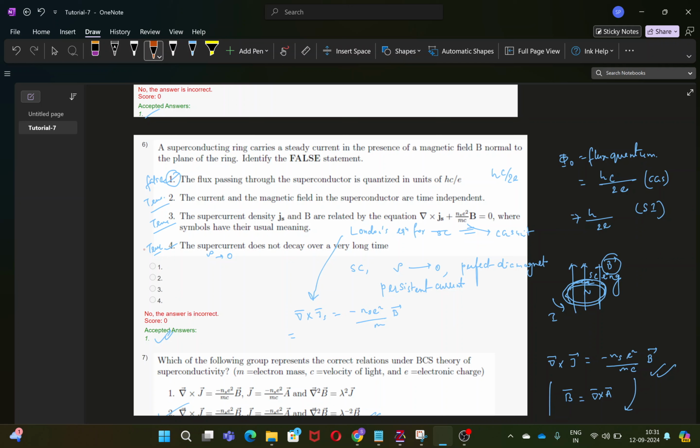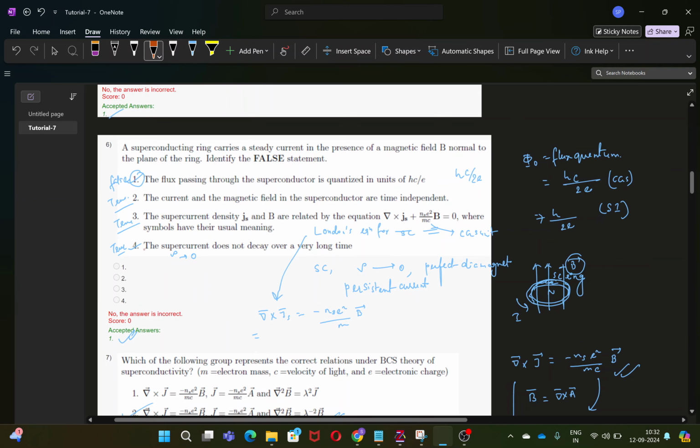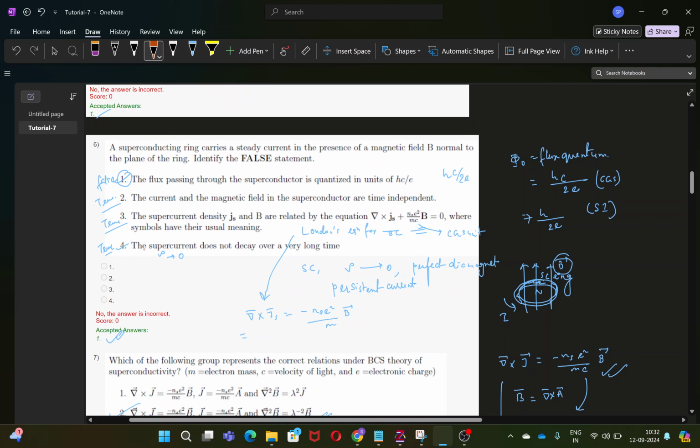Okay, so out of the 4 options, one statement is false and you have to identify that. Option number 1 is that the flux passing through the superconductor is quantized in units of Hc by E. So this is obviously the false option, because for a superconducting ring, you know that the flux quantum is given